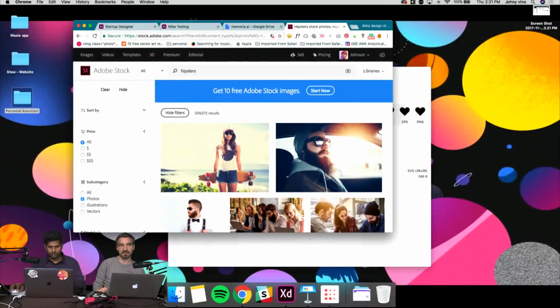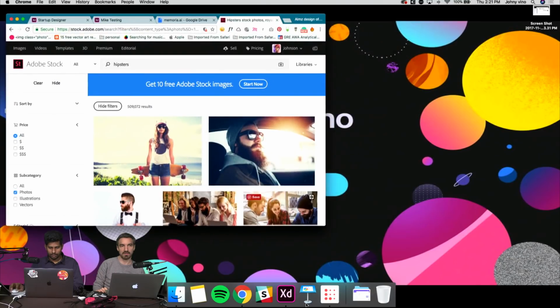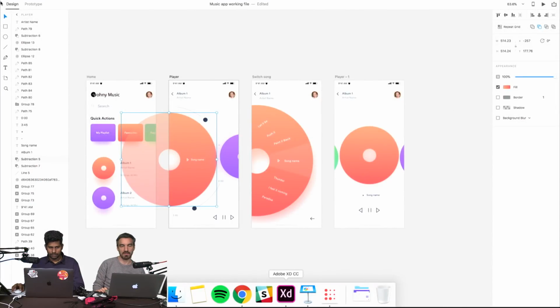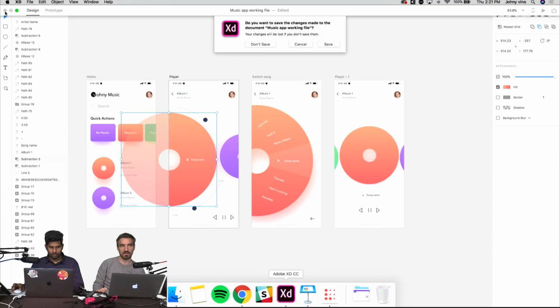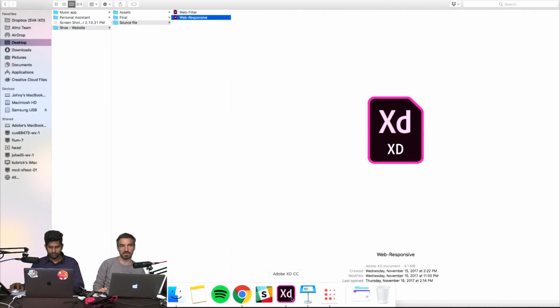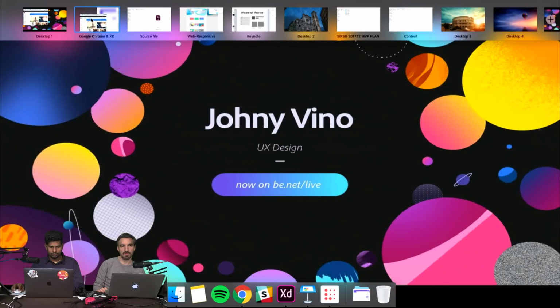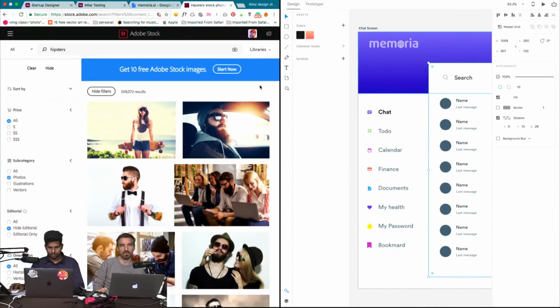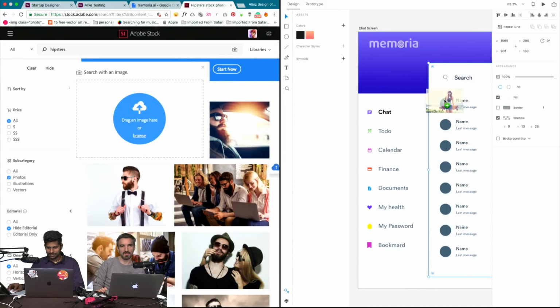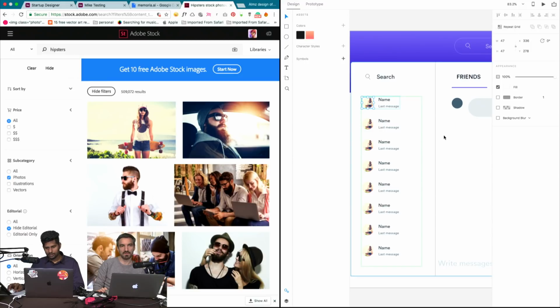Okay, this one you can reduce. Try to drag and drop, you'll see. And the second one, you drag on the second one.